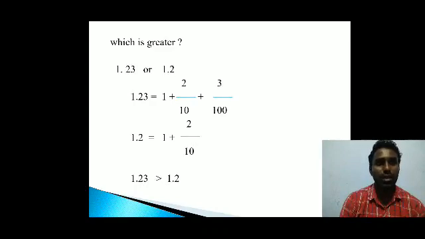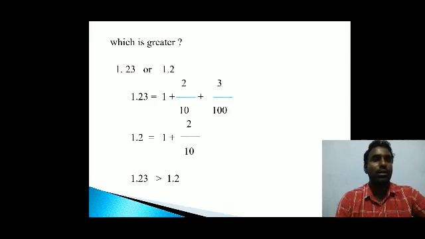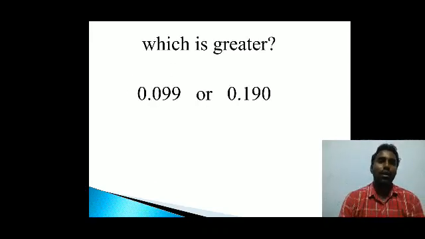That means what shall we do? We have to move to the next digit. There it is 3, and here there is no digit. No digit means 0. Okay, so from this we can identify that 3 is greater than 0. So 1.23 is greater than 1.2. Okay, next one, which is greater,